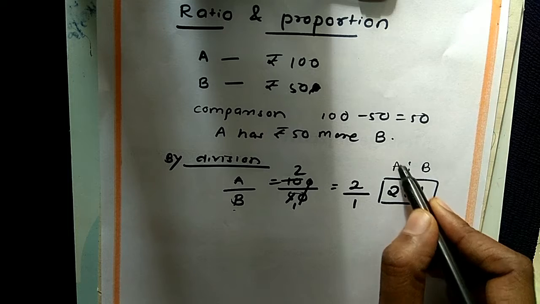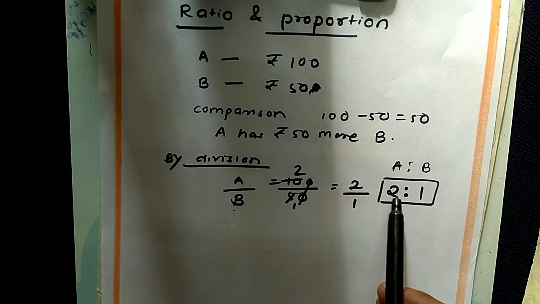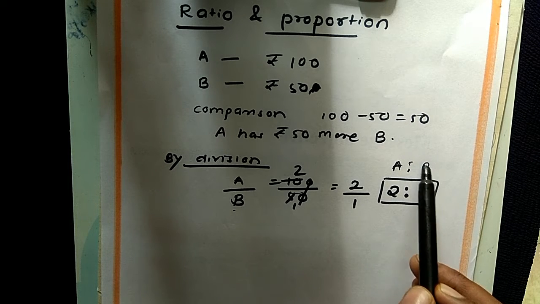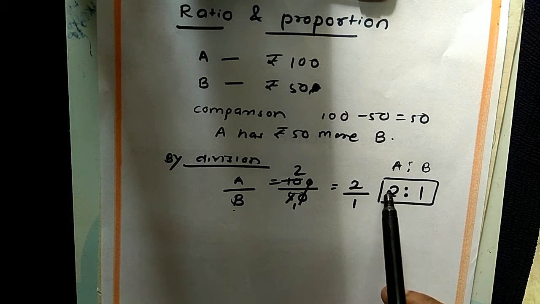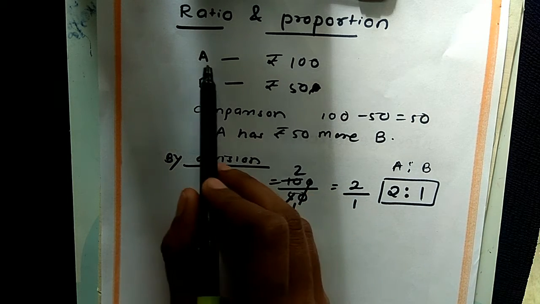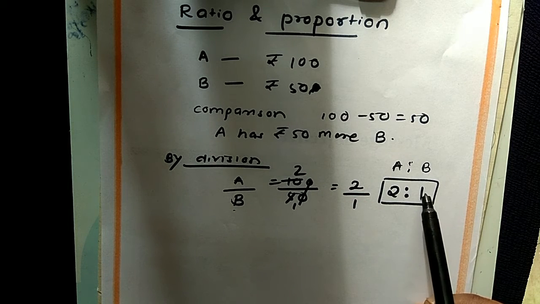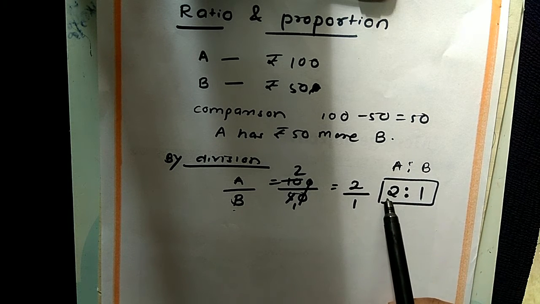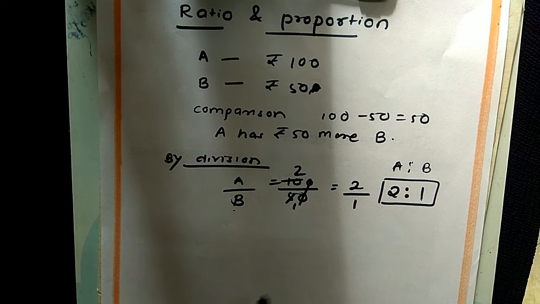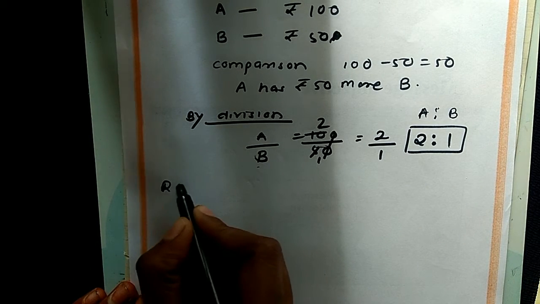It means whatever quantity the person A has, here the rupees, is 2 times that of the person B. Suppose the person B has 1 rupee, then person A will have 2 rupees, because as we know, person A has double the amount of B. Whatever quantity you take, suppose person B has 200 rupees, then person A will have double of that. It increases twice. So writing the comparison in division form is called ratio. Now we'll see the exact definition of ratio.